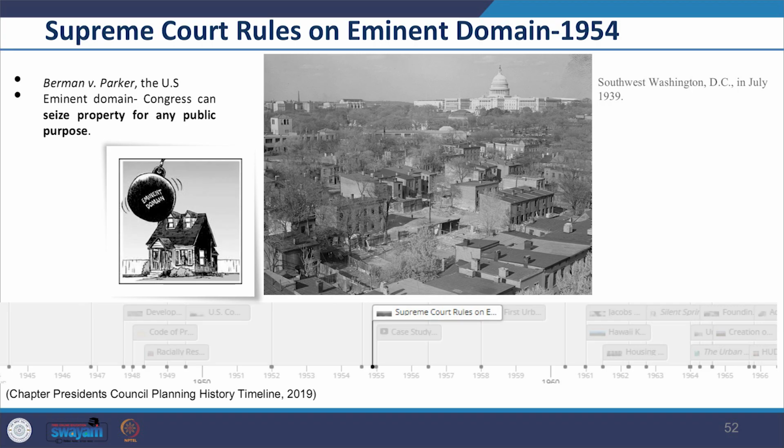Further, at the same time, we see the Supreme Court rule on eminent domain. In the case of Berman v. Parker, the US Supreme Court ruled that Congress can seize property for any public purpose under eminent domain. The case centered around the District of Columbia Redevelopment Land Agency seizing property for the purpose of beautification, which the appellant had argued violated the Fifth Amendment's takings clause. So you see how a planning intervention can have conflict with the rights of the people, which we discussed in